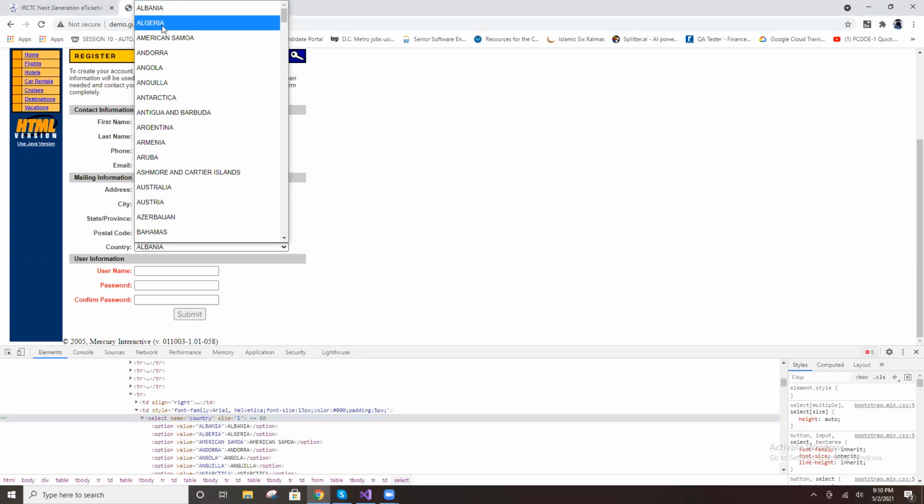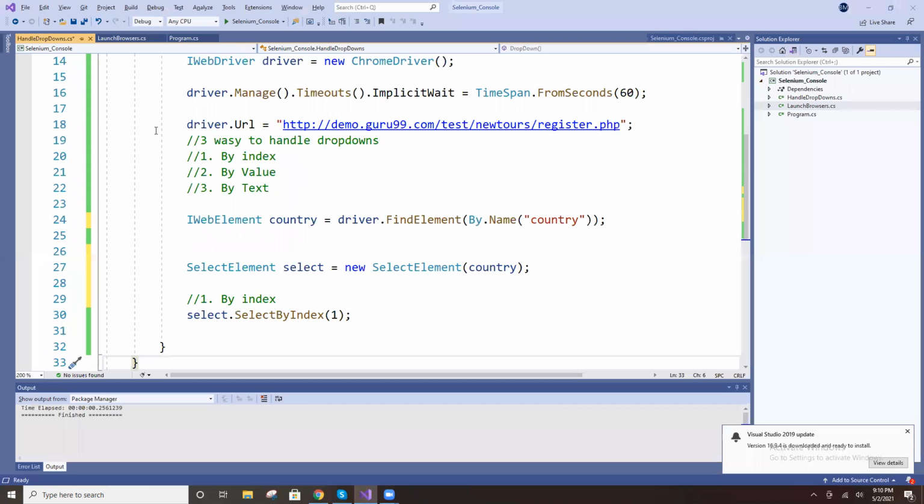Now it's starting from Algeria. This will select. You put 10: 0, 1, 2, 3, 4, 5, 6, 7, 8, 9. Now Arabia will select. You put 10 like that. Got it, Maslima? Based on index, this is the index number, from 0 to now. This is the one way.